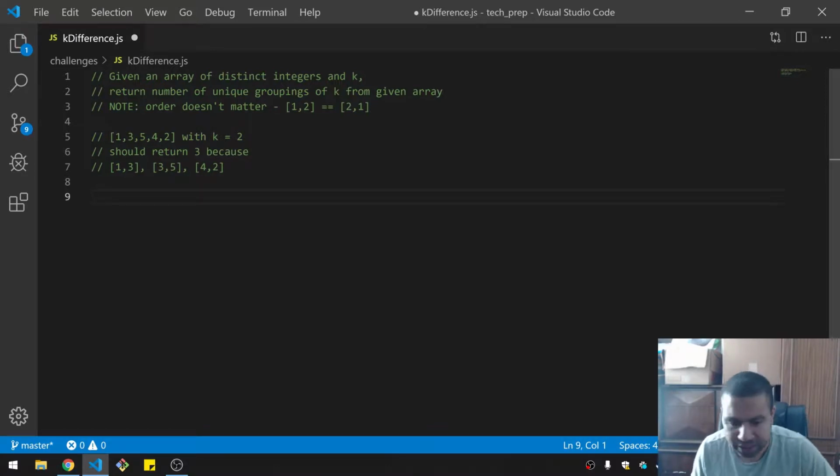All right, so this problem is what's called K difference. You're given an array of distinct integers and another number called K. You're supposed to return the number of unique groupings of K from the given array. Order here doesn't matter. So for example, if you have this array 1, 3, 5, 4, 2, and K equals 2, K difference I should say,